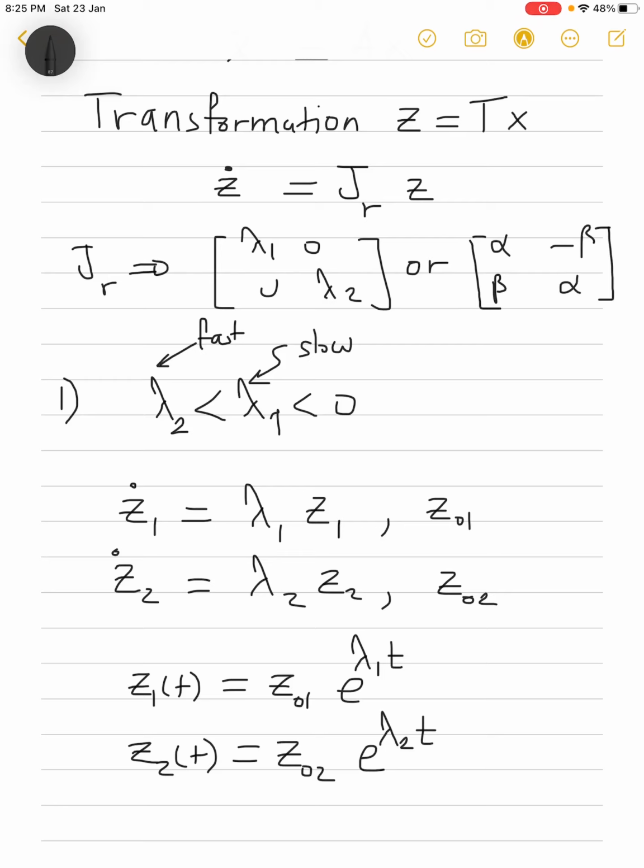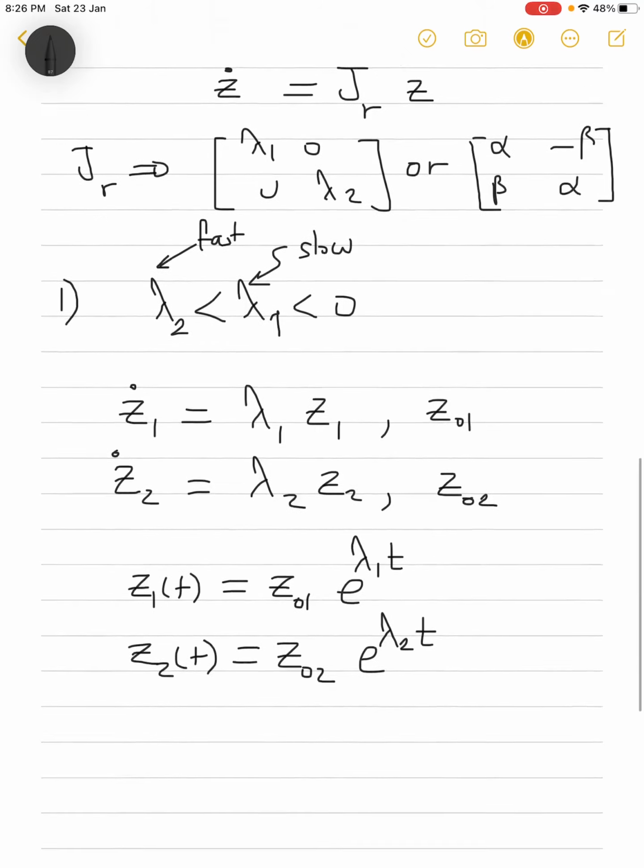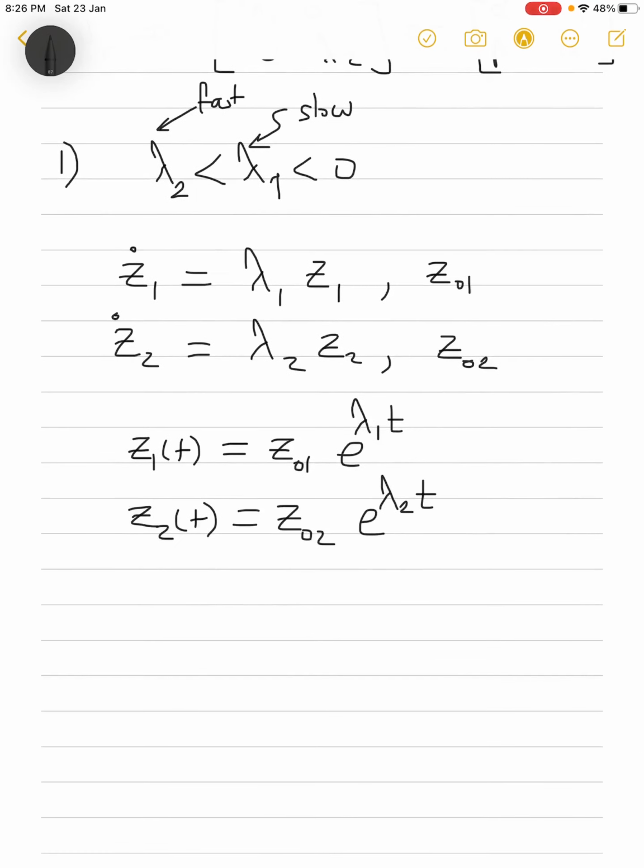Since both eigenvalues are negative, we are guaranteed that as t goes to infinity, z1 goes to 0 and z2 also goes to 0. However, as I mentioned, lambda 2 is faster, so z2 will go to 0 faster than z1. So if we would like to find a relation, if we would like to plot z1 and z2 on the phase plane,